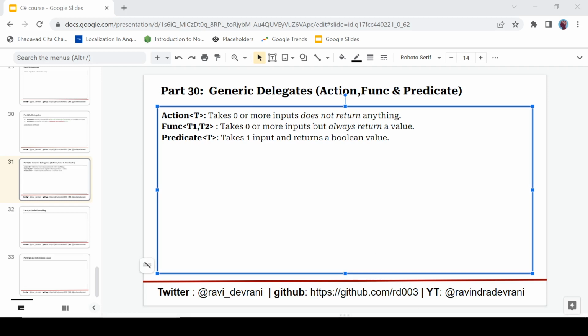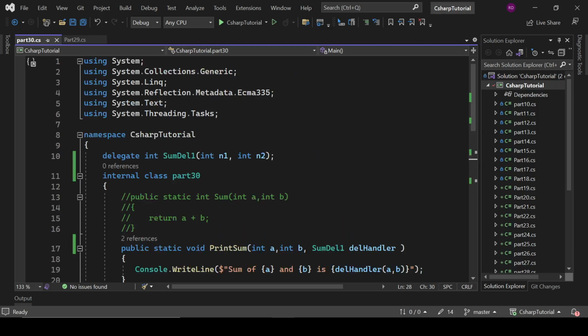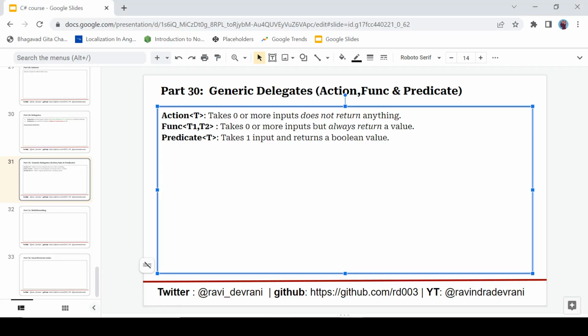So generic delegates are another way of creating delegates in C#. It means you don't have to create delegates in the traditional way like this. First we were creating delegates, then we were assigning methods to them. Rather than that, we have the concept of generic delegates in C#, and we have these three kinds of generic delegates: